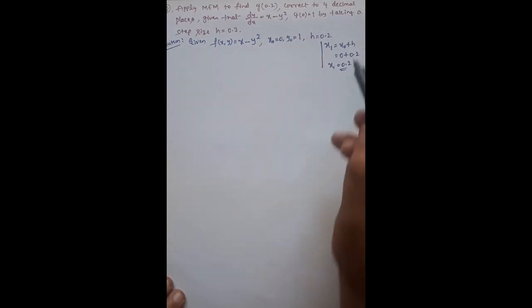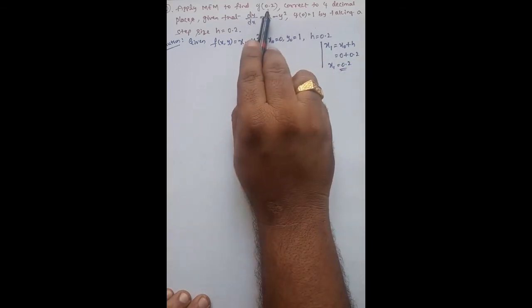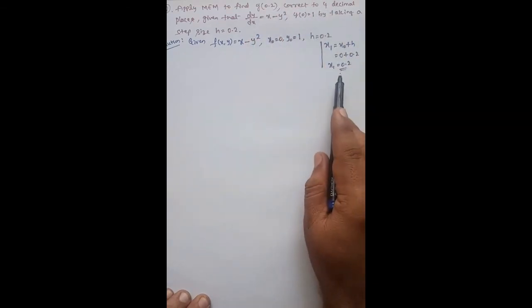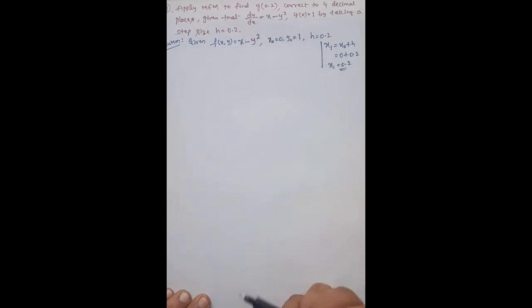And now the most important step is deciding the number of stages of solving a problem. Already I said in the last problem, the stages will be decided like this. Compare this x1 with x, meaning the point where we want the final solution. So x is 0.2 here, this point. So x is 0.2, x1 is also 0.2. So these two are equal, meaning, as I already said, this problem can be solved by using one stage.